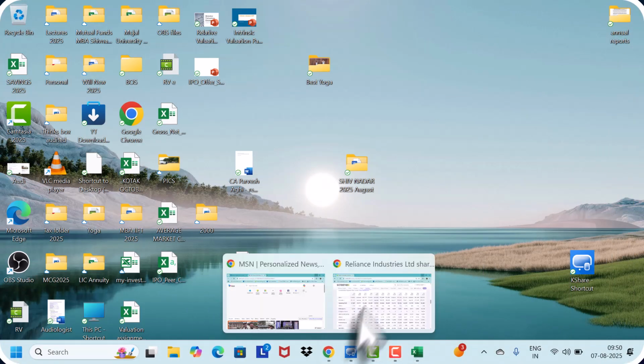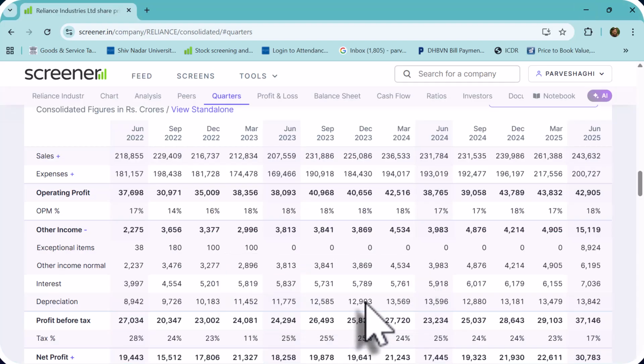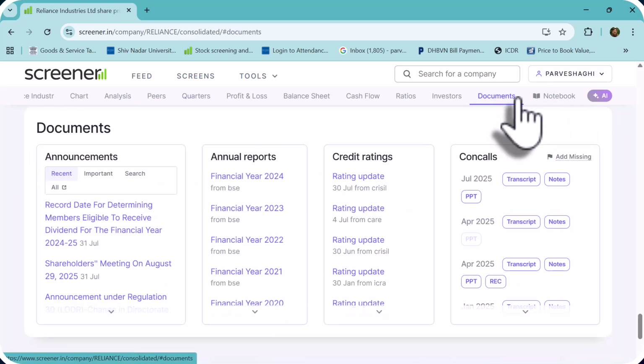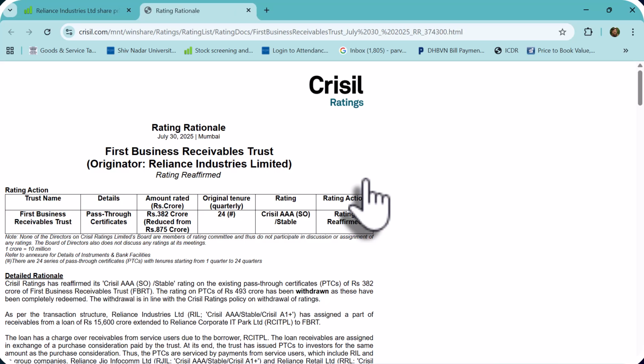So let's check that. Suppose you want to check the rating of a company. Where will you go? You'll go again to the screener. Screener has everything. So this is Reliance. Go to investors, or go to docs, rating update. So look at the rating here. We have got the rating, and CRISIL has given a AAA rating to Reliance. So that means your money is absolutely